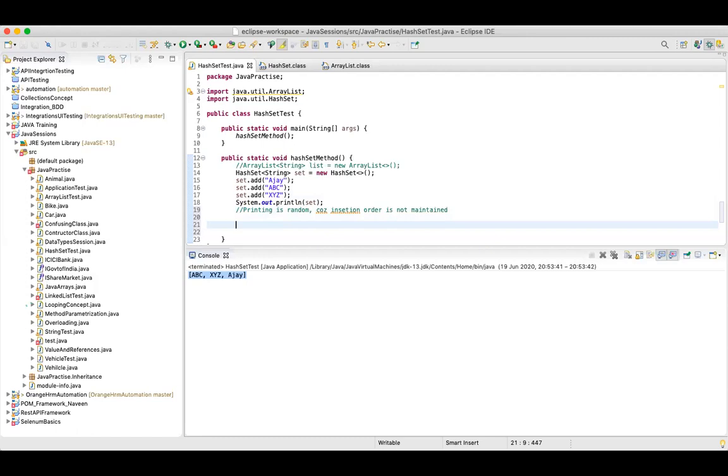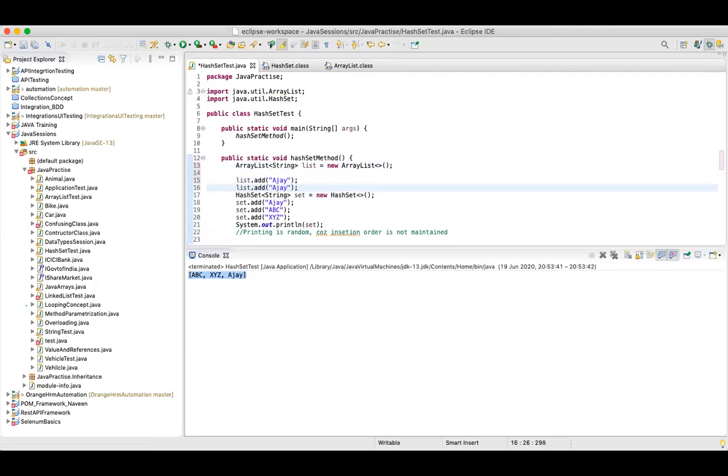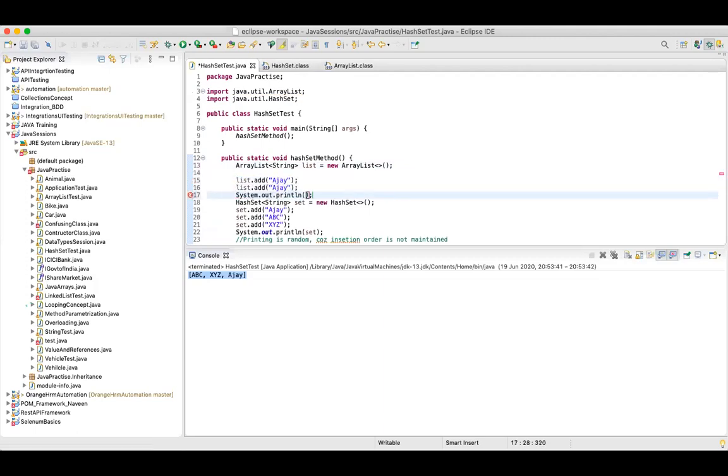Now, what is the difference between list and set? List can contain duplicate elements. This is also a point, guys. Make a note: list can contain duplicate elements. What I'll do is, I think we have seen this, but just to relate something, let me add Ajay again, and I'll quickly copy this into the list. This we have already seen, guys, so I won't take much time.